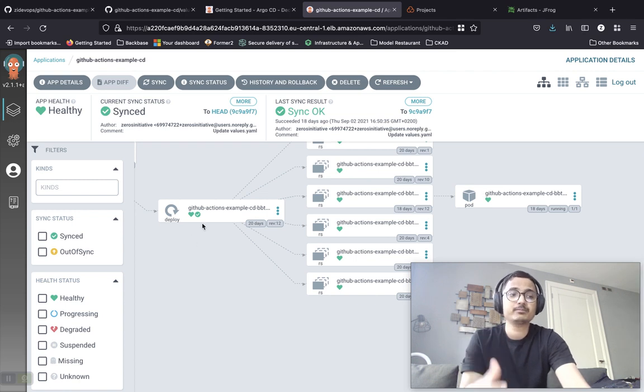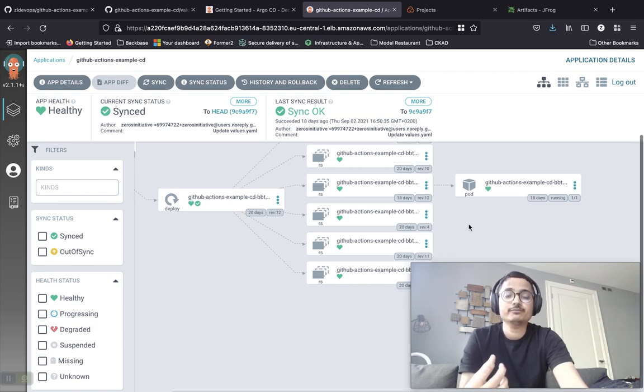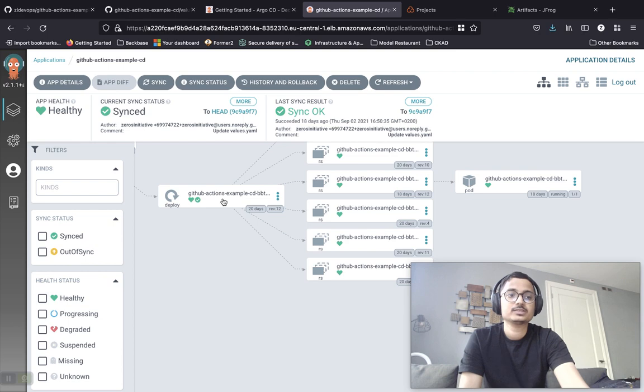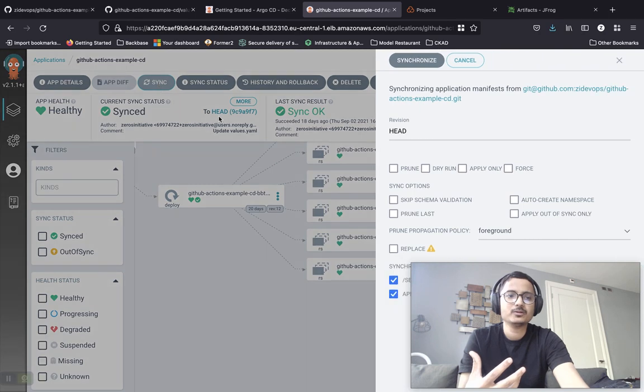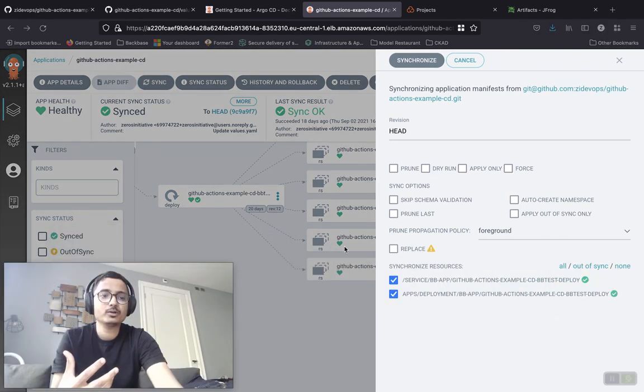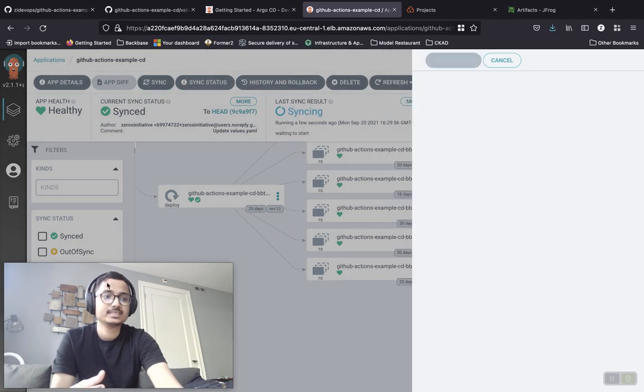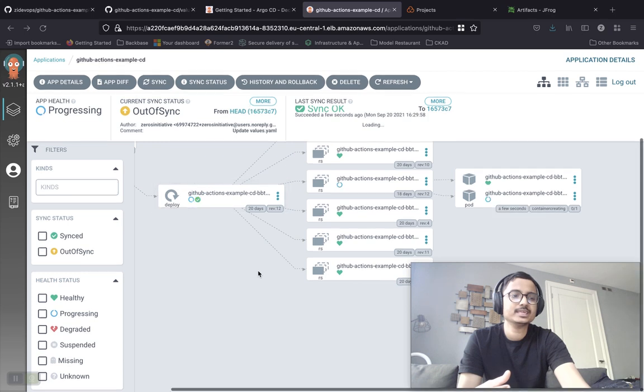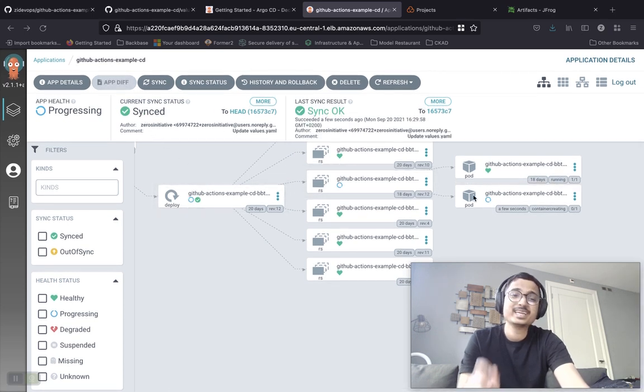Now I have updated my deployment to 2 replicas, which means in a moment you should see one more pod automatically spawn up over here, because this project has been configured with automatic syncing within the cluster, from your GitHub repository. So if it takes a moment and you don't want to waste some time, you can always go ahead and click on the sync button over here, which would automatically sync both of your objects within your cluster. So I can just go ahead and click on synchronize, and you should be able to see that it's found it to be out of sync, and it has automatically created a new pod for me. And now I have 2 replicas of my application that is up and running.